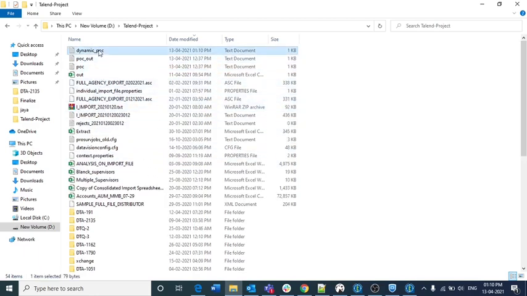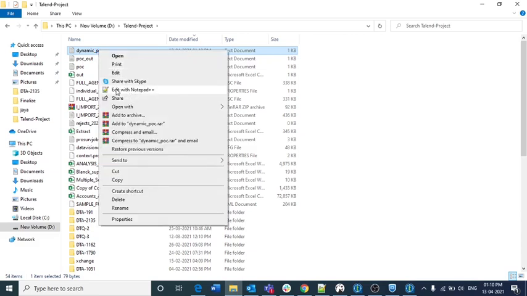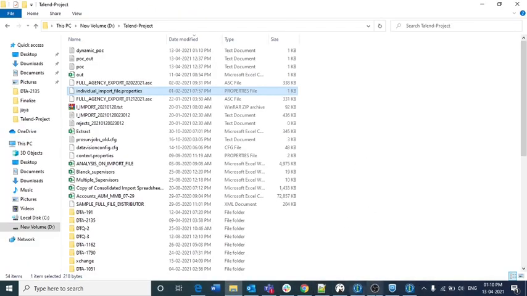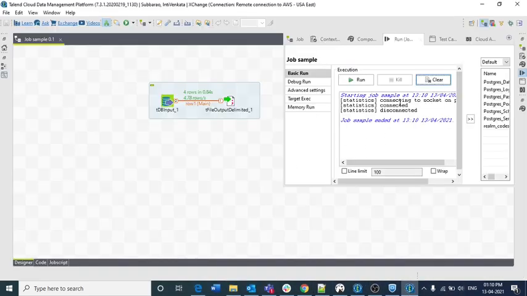Just now it got created. If I open this, yes, this is the data. Whatever data we have in the table just came out like that, even though we don't mention it explicitly.